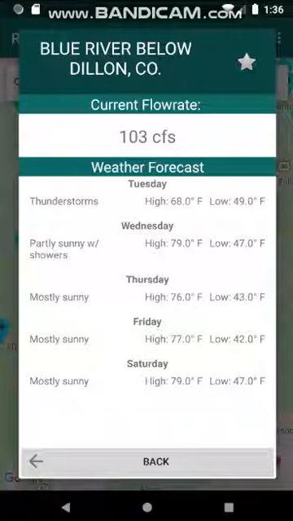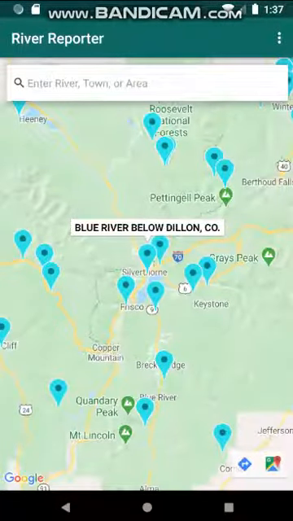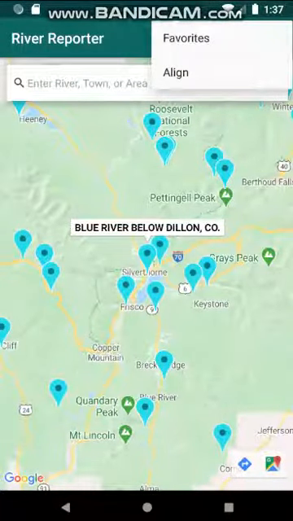So let's say that we come to the Blue River often and we want to be able to look at it without having to come back and scroll over to it every single time. We can add it to our favorites. We hit back. Now that is added to our favorites list. We can go back up to our menu, click on favorites,